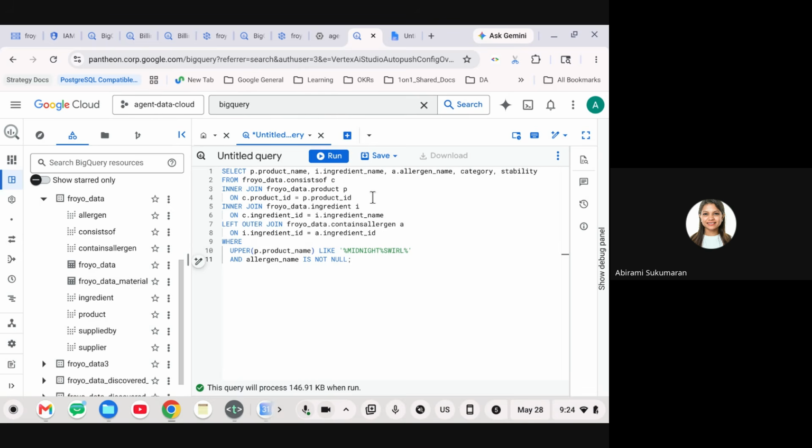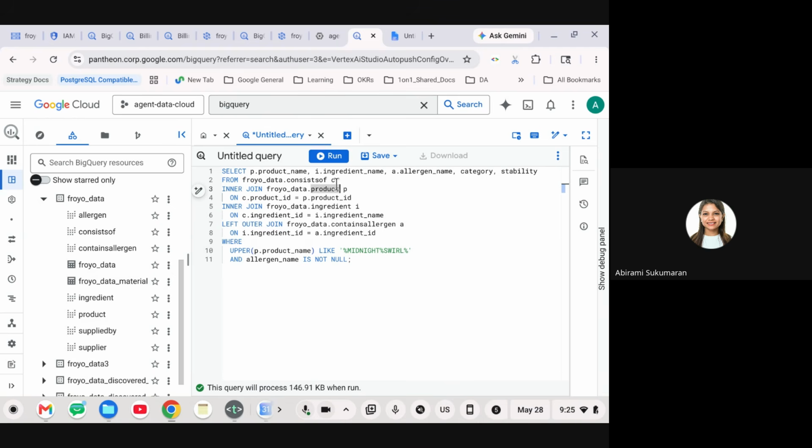What does this query do? It just joins the tables and views that were created as part of the BigQuery knowledge catalog semantic inference process. It joins these multiple tables to identify whether a given Froyo has an allergen or not.